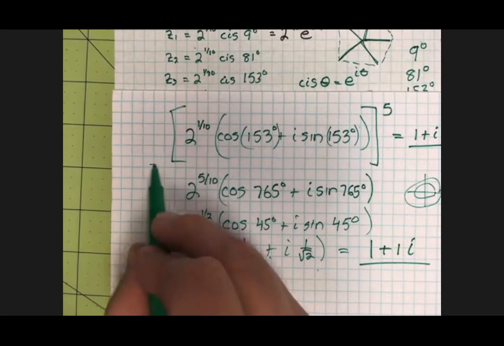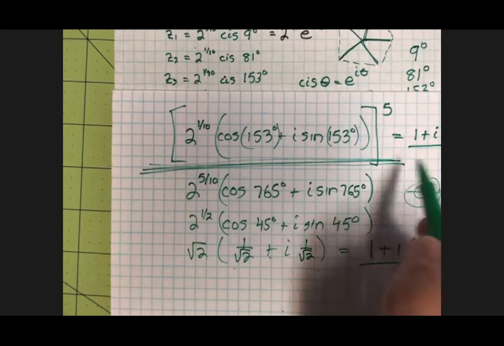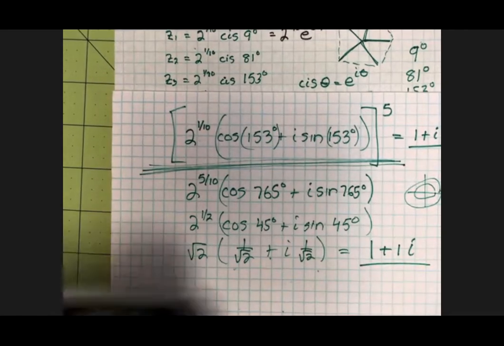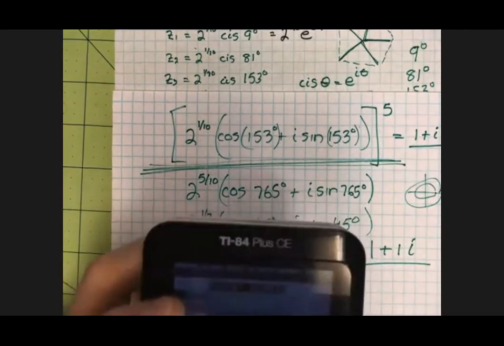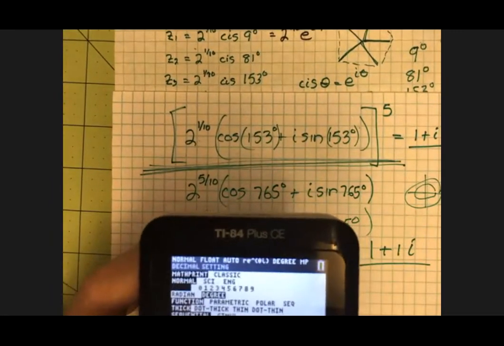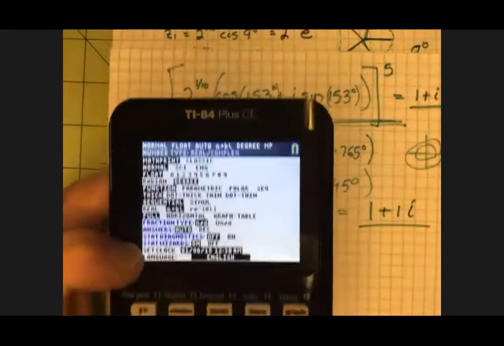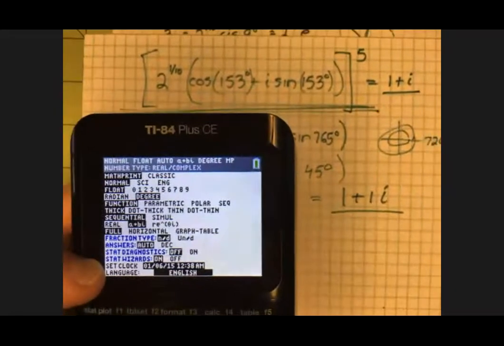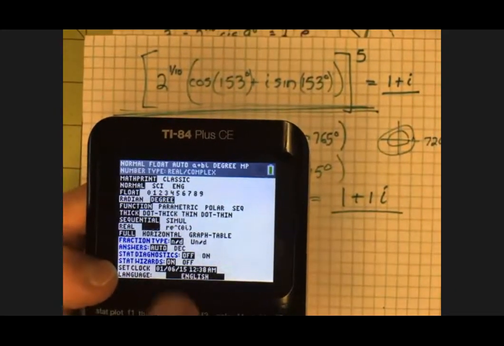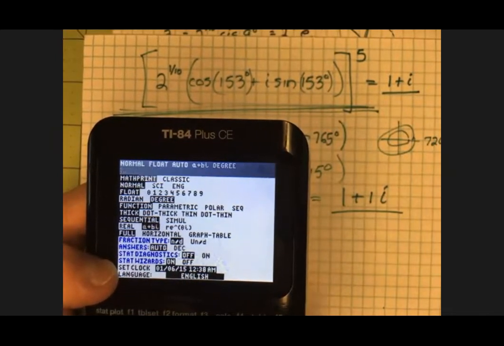But would the calculator recognize this if I typed it in like that? Let's type this in longhand on the calculator and get out of these goofy modes. So let's just go back to standard. Let me slide this paper up so we can see what we got. Let's go back to standard complex mode and type